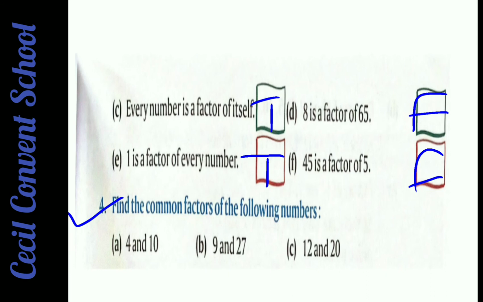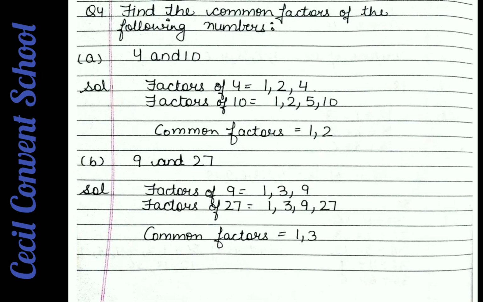Question number 4 is same like question number 1 and 2. Only we write down the factors of it. So see how we write. Firstly, we will see how to write factors. 4 and 10 numbers are given. Firstly, you write down the factors of 4, means you will see in which tables 4 comes. As you all know that the smallest factor of every number is 1 and the biggest factor is the number itself. So firstly we write 1 and 4. Clear? And now see, only those factors come which are smaller than 4. Clear? After 1 we will check in the 2 table.